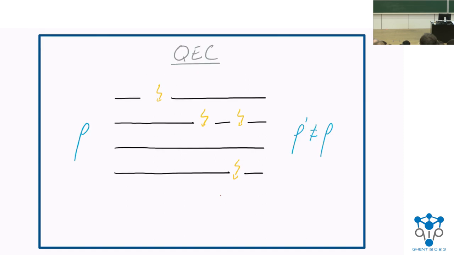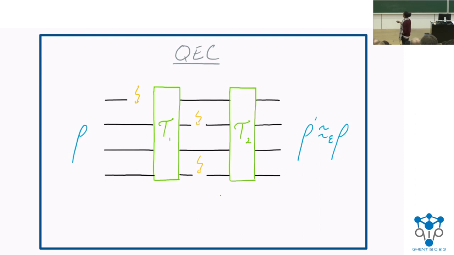Right, so the general issue that quantum error correction tries to solve is that if you have a quantum circuit, you might input a state rho into it, and over time, errors are going to accumulate, and eventually you'll end up with a state that is different from the one you started with. One way to solve this issue is that while your state is in the computer, you might be able to apply some kinds of operations which eventually will allow you to correct some of the errors, and you'll end up with a state rho that is kind of close to the state you started with.